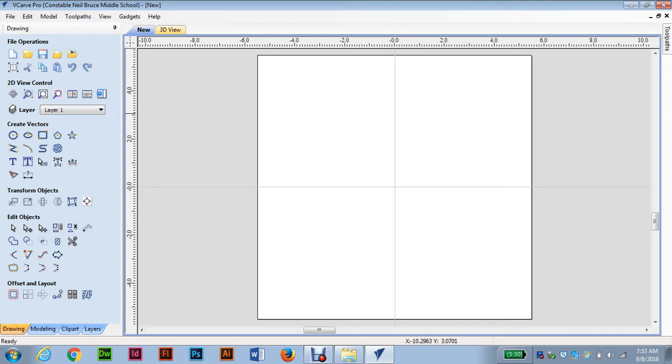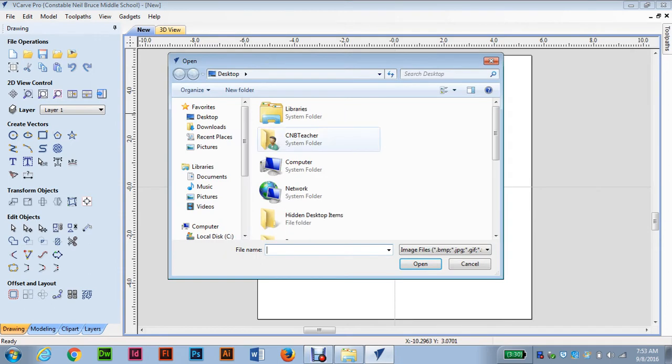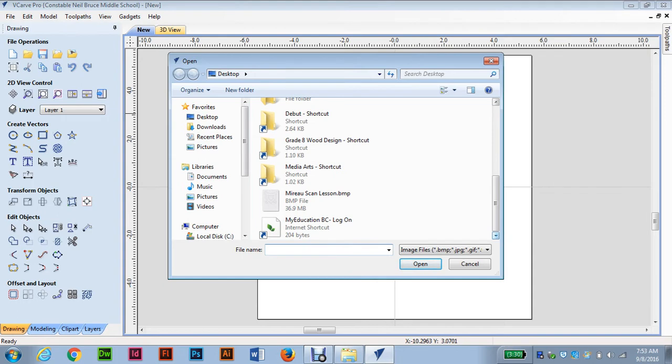Next thing to do, we've got a blank page now to work with. We want to bring in the bitmap that we have on our desktop. So there's two folders here. There's one that says import vectors from a file. It's not the one we're looking for. These are not the droids we're looking for. We want to import a bitmap for tracing. So make sure that you're clicking on that folder, and that'll open up a browser window that'll help you to navigate to the bitmap that's on your desktop. Open up the Moreau scan lesson bitmap, or open up your own bitmap, whichever you're doing. Click open,